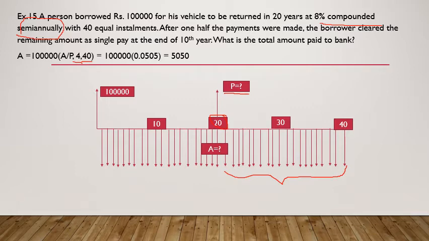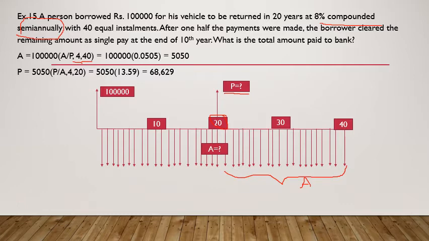So what is it that I am basically doing? I am converting this A of 21 to 40 to P at T equal to 20. Okay, this is what I am doing now. So let me do that. That P is being obtained by converting A of 20 more installments, and hence N will become 20 here.